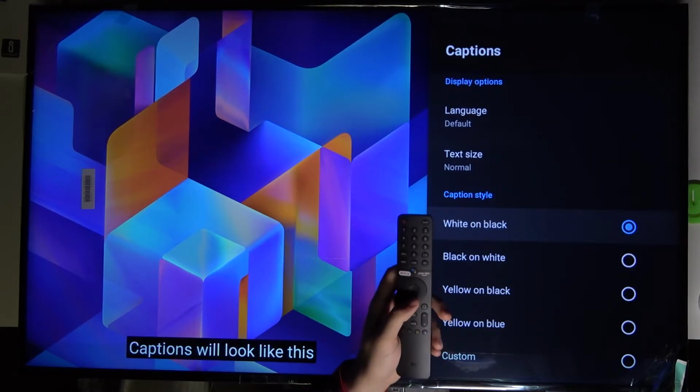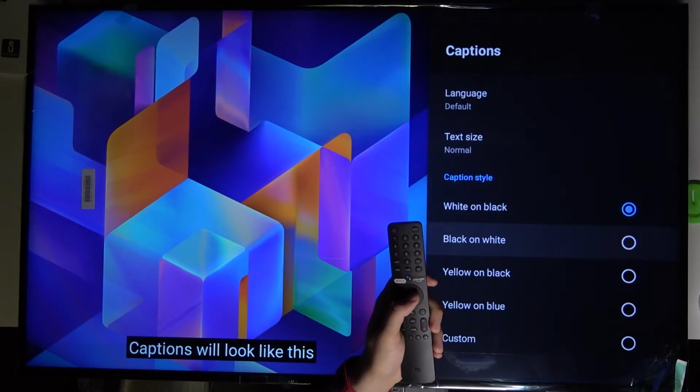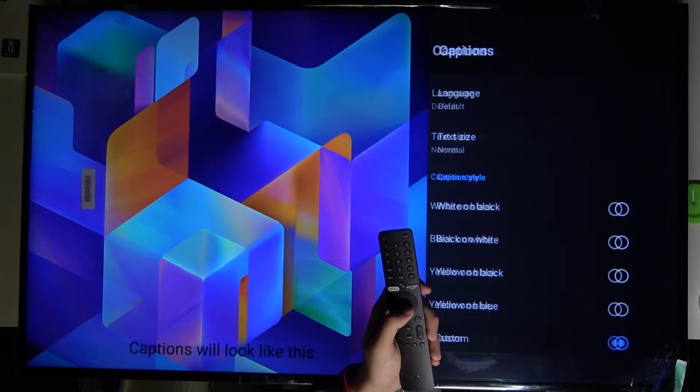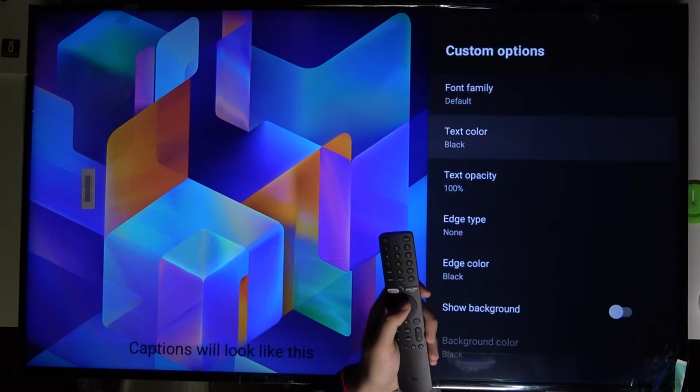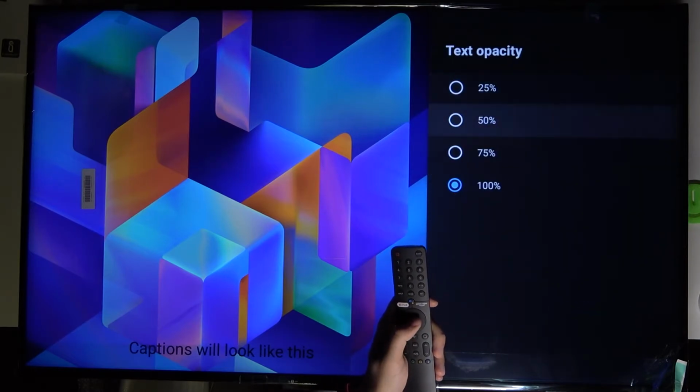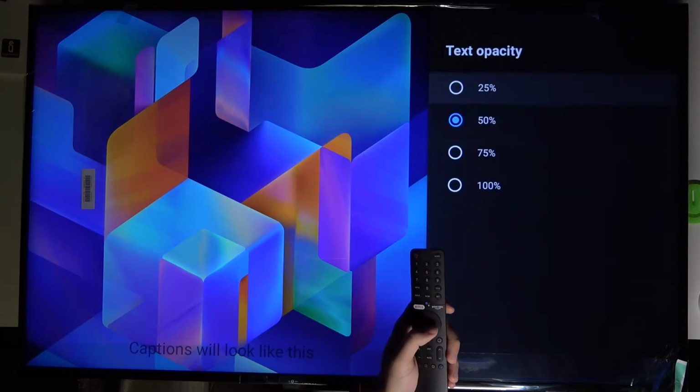Here we can get the caption style like white on black, black on white, yellow on black or yellow on blue. We can also customize. So you get text color, font. You've got the text opacity. Like we can go for 50% to get it like more